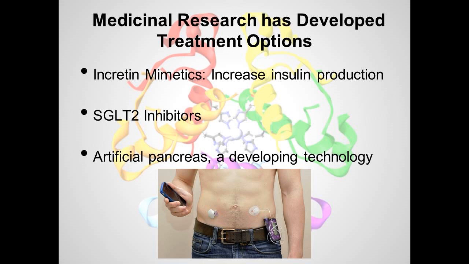Perhaps, though, the most interesting treatment is the artificial pancreas. Currently, this is basically an automated insulin pump. Rather than manually injecting the insulin with the pump as you would with a traditional insulin pump, the artificial pancreas uses a sensor and a complex algorithm to determine your glycemic index and commands the insulin pump to add insulin as necessary continuously. This is a developing technology and is gaining ground as more research refines the algorithm to mimic a real pancreas as best as possible.